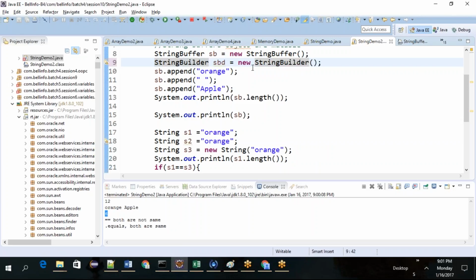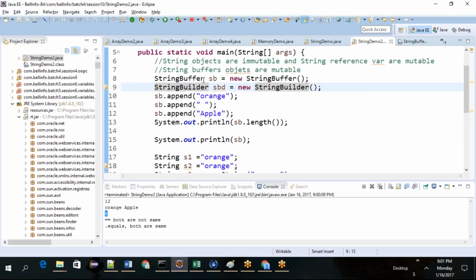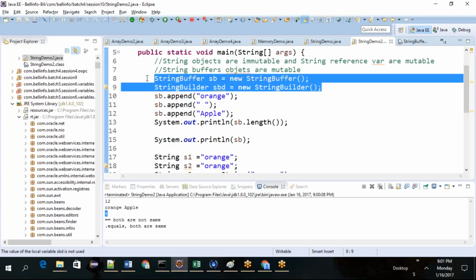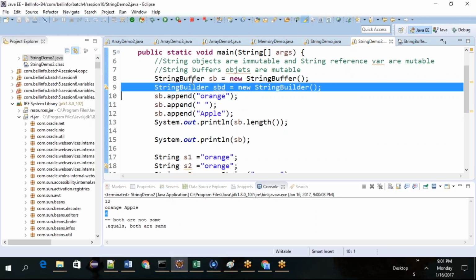So there is another class called StringBuilder. This is also inside the java.lang package. One is synchronized, another one is not synchronized. We haven't discussed that. Apart from that, there is not much difference between these two, and StringBuilder is much faster than StringBuffer.